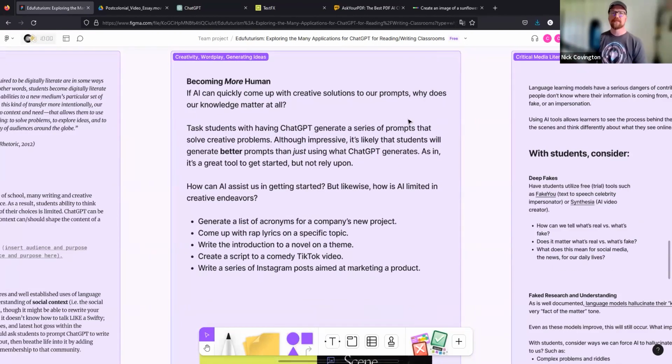So a lot of times the question is, what is the role of human thought and human thinking and collaboration if the machine can simply come up with the answers? And really the response to that is, well, let's use these AI language tools, be they ChatGPT, or this other tool that Trevor introduced to us called TextFX, as a starting point that actually helps kickstart the creative process. And you'll see,